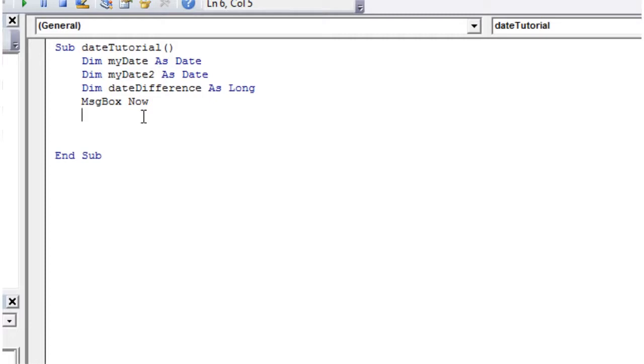Now, there's a couple of things you can do as well with these. So let's say we want to know what day it's going to be in a month's time. So let's take my date and make it equal to date, and then we want my date 2 to be equal to the current date plus 1 month. So the way we do this is we're going to write date serial,